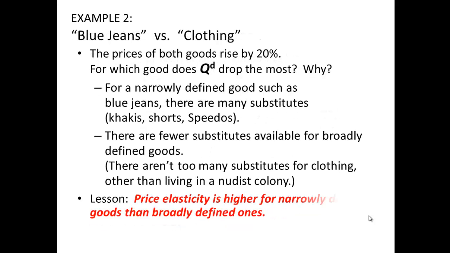The second factor that determines price elasticity is the market definition. The market, how the market defines that good or service. If the product is narrowly defined, for example, blue jeans, we will find that it is more elastic because there are more substitutes. So if the price of jeans goes up, then if you are a lady, you can wear slacks,